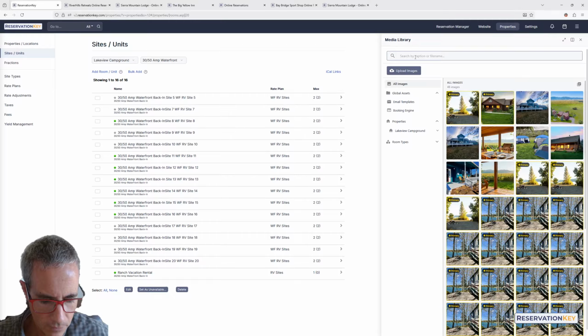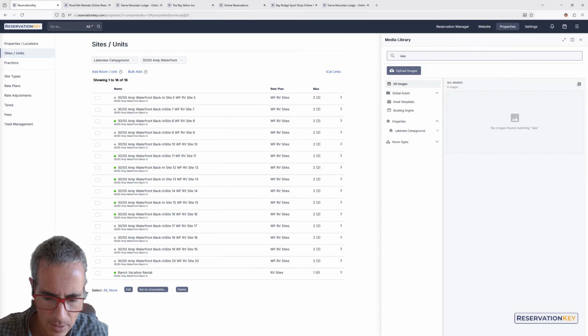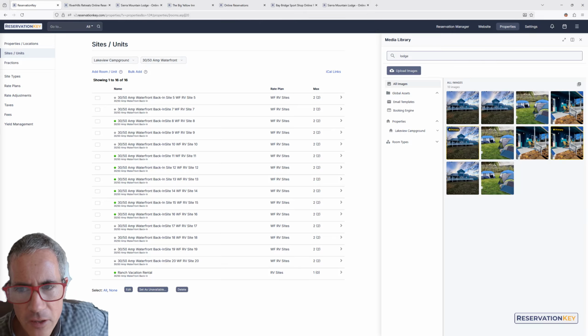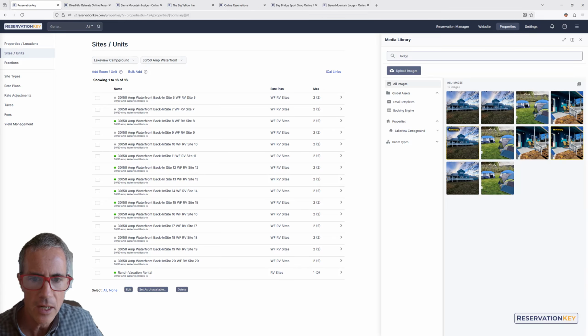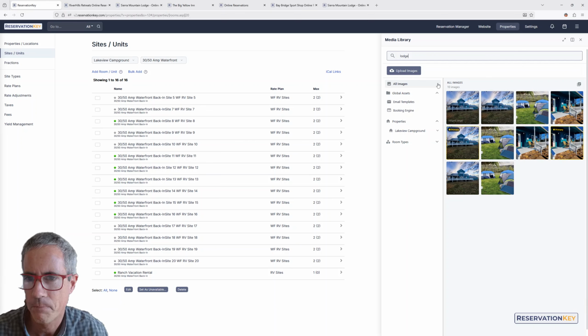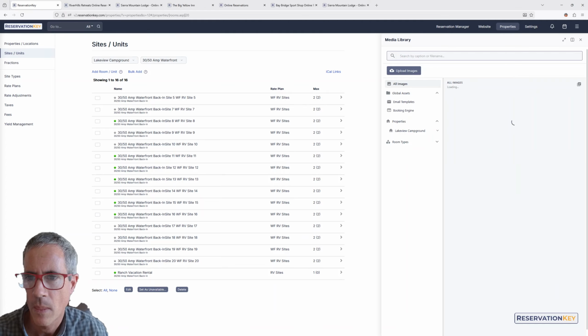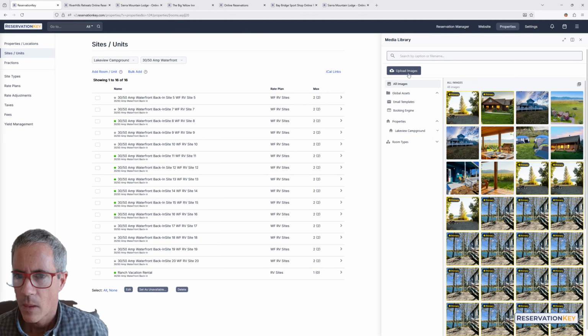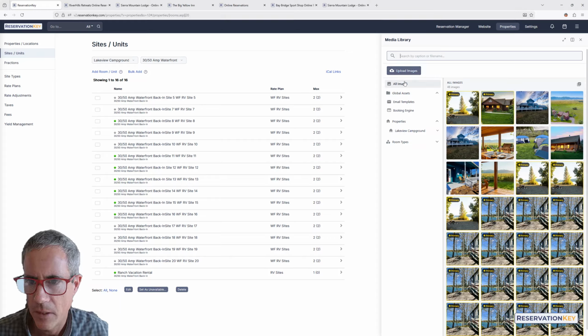So the search box, of course, you can search by caption or file name. So I'm going to search lake. We don't have any. Let's try lodge. Lodge then gets you any images throughout the entire account that have lodge in the file name or caption. I'll go back to the upload images section, but first let's navigate down